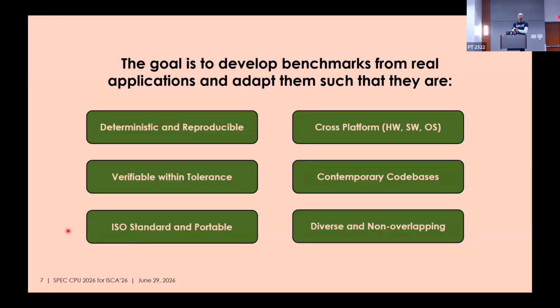We strive to do that for every release version so that it can be run backward and forward compatible with any ISO compiler. We're running cross-platform on like 7 or 8 different ISAs, compiler versions, operating systems, Windows. That's really tough. But that digs up a lot of bugs for portability's sake. We're using contemporary code bases. This is now code that's like C++17, uses some of the newer standard templates and so forth.